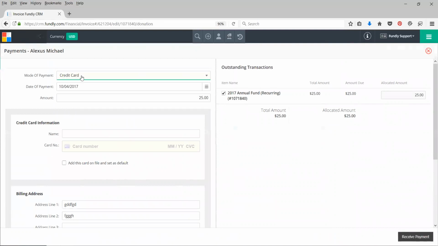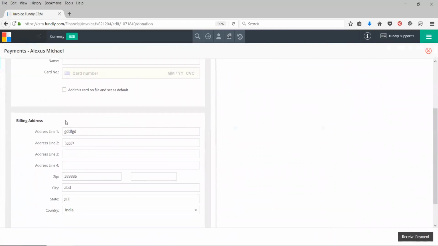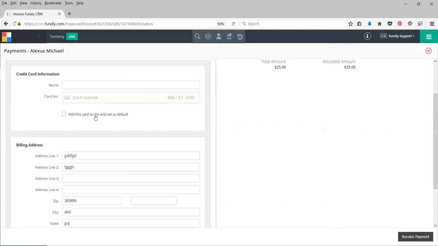Make sure you put credit card. You're going to enter the date of the payment, the amount, and then you're going to enter the credit card information. You have to make sure they have a billing address on file to charge the credit card. And then if you want to store this credit card so that it will automatically be charged every month without you doing anything, then you want to make sure you check this box, and that will save the card on